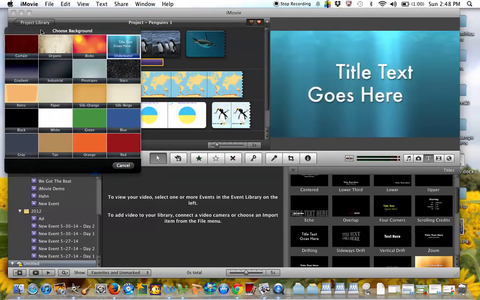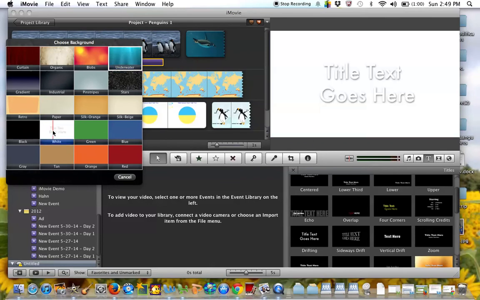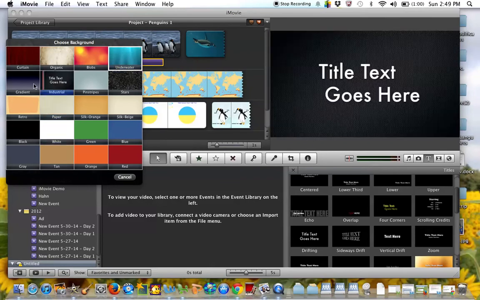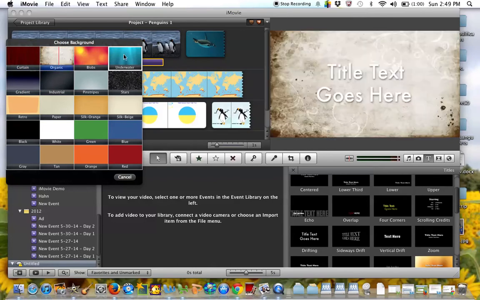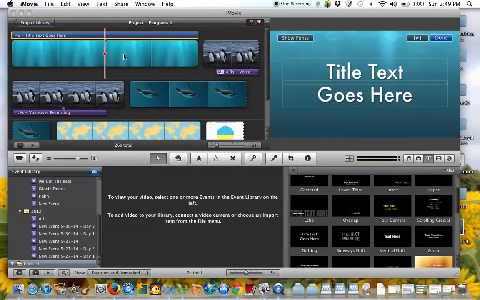And it's going to give me the option to choose different backgrounds here. And you can preview them over on the right. So since they do spend a lot of their time in water, I'm going to pick this underwater effect. And right now, you can go over and I can edit all about